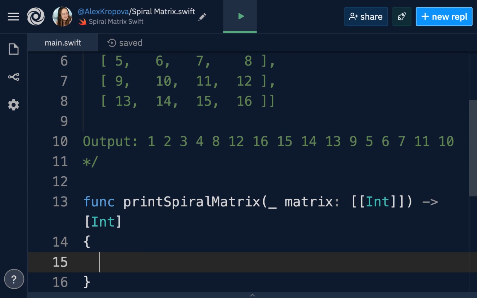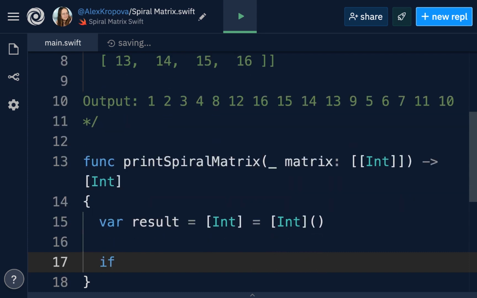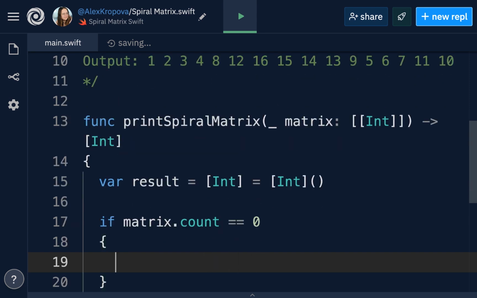So I'm going to make a variable called result, and this is going to be the result one-dimensional integer array. Initially we can assign it to an empty array, and we're going to check if the matrix that we're given has a size of 0, meaning it has no values. We're going to just return the result, which will be empty initially.